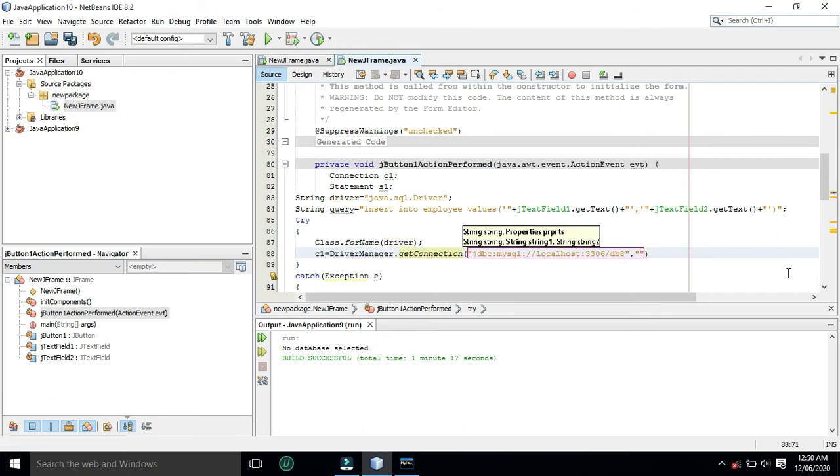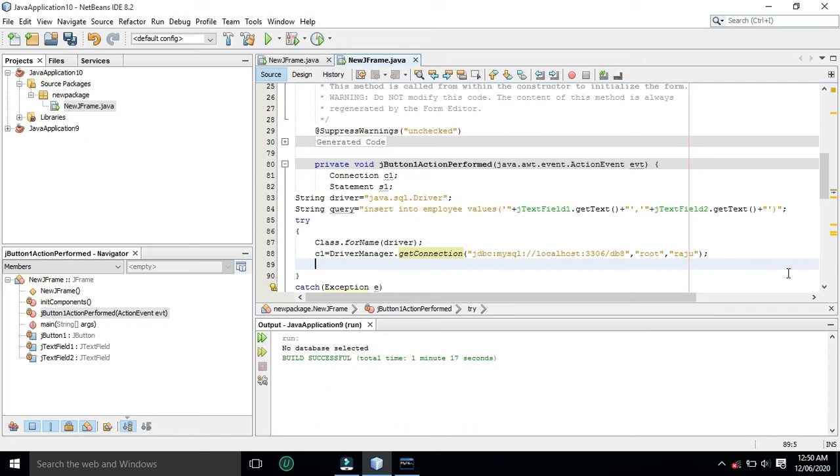Fine. Now we need to create a statement object. To do this, we have to write s1 equals c1.createStatement.